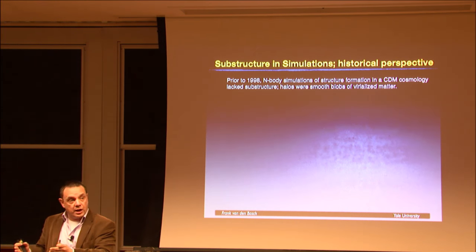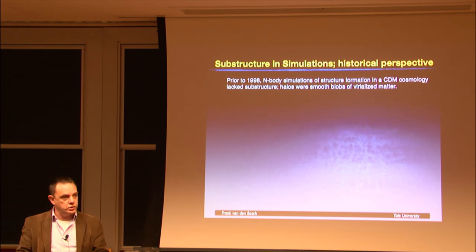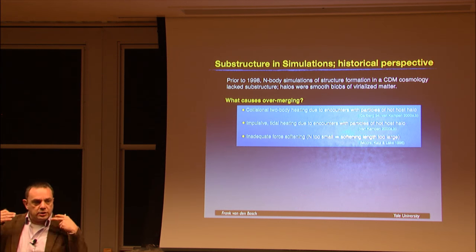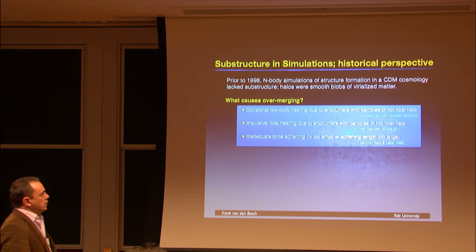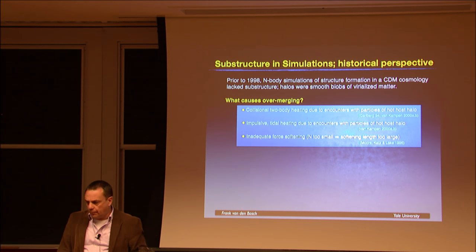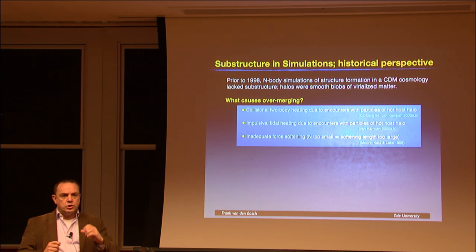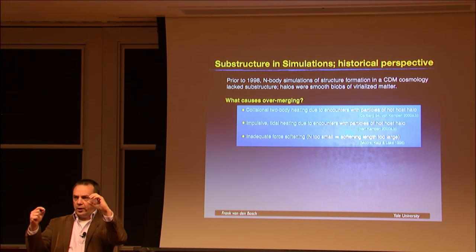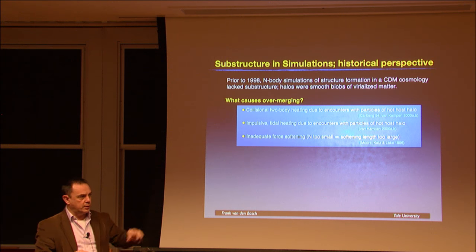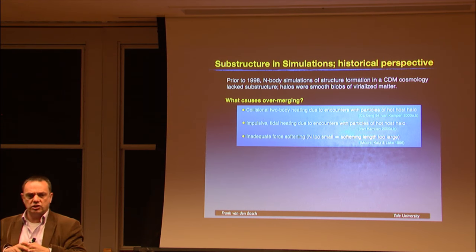But there were also other people who said, no, maybe there's something wrong with the simulation itself already. And there's overmerging. So this became known as the overmerging problem. And people wrote a whole slew of papers on trying to explain what could cause the overmerging. And unfortunately, the field was very confused. There were people like Carlberg and Van Kampen who argued that what is going on is that you actually have collisional two-body heating between the cold particles of the subhalo and the hot particles of the host halo. And when these hot particles fly through the cold halo, and I'm quoting their paper now, this will basically boil the cold subhalo into dissolution.